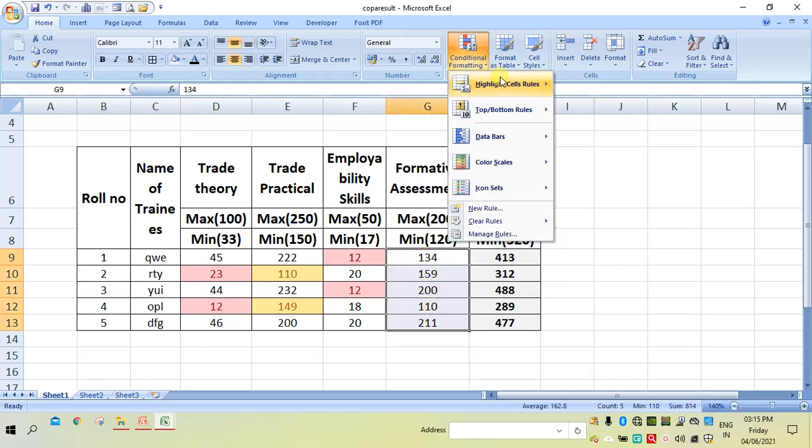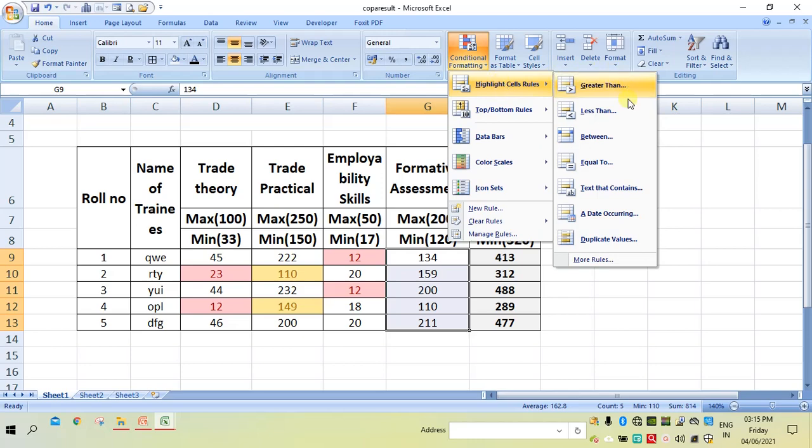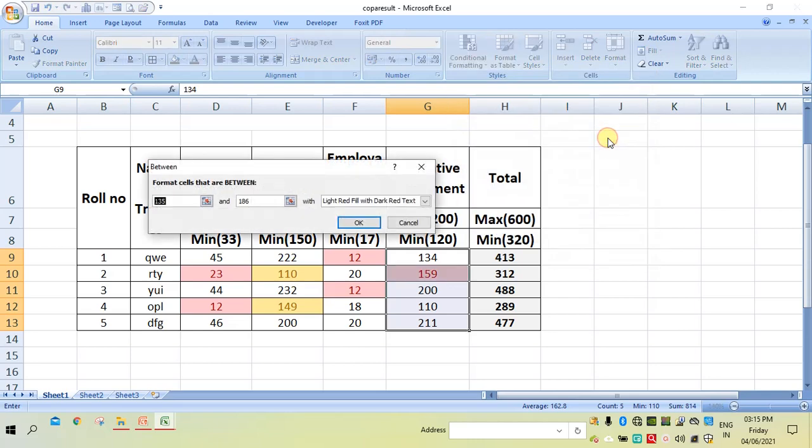Now I will choose another one, between 199 and 201. I want to highlight those cells which are coming in between 199 and 201, and I will take the same highlight color that is already set.